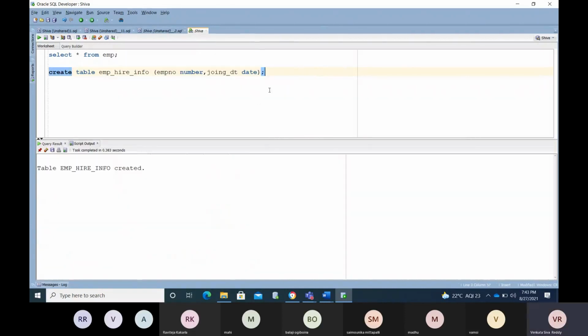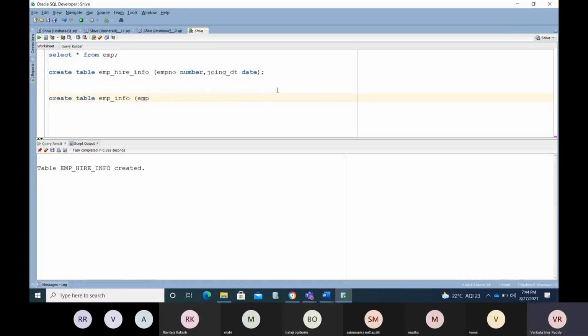Now I maintain another table, EMP underscore info.